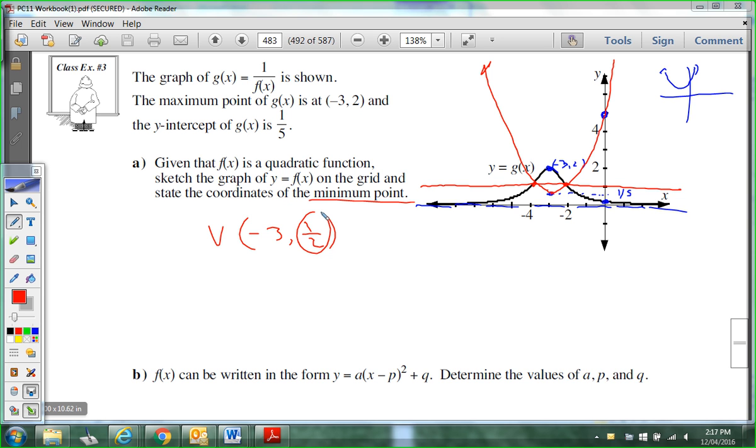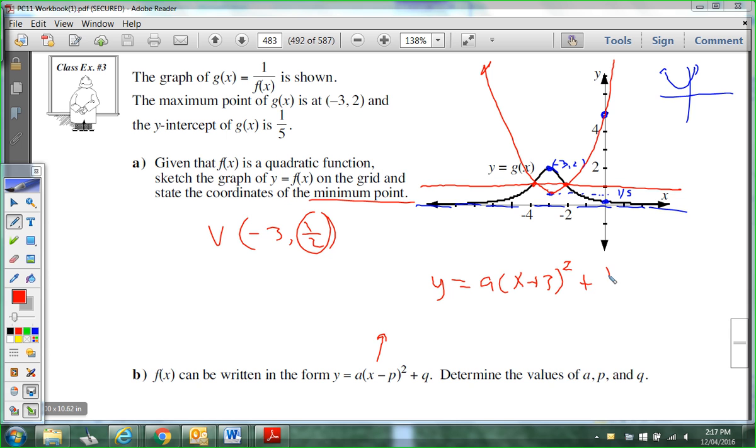Okay, part b: f of x can be written in the form a times (x minus p) squared plus q. Determine the values of a, p, and q. Okay, we can do that quickly. This is off from our unit 3. So let's go ahead and set up everything that we have. So we have x minus p. So minus p would be +3, the opposite of the x there, which is -3, squared, plus q, in this case,